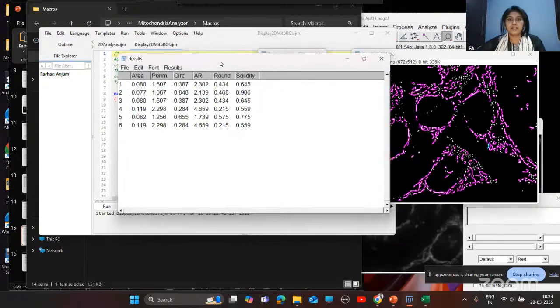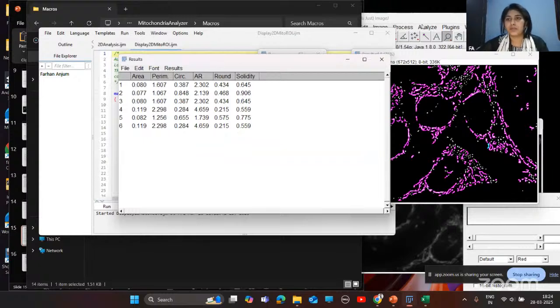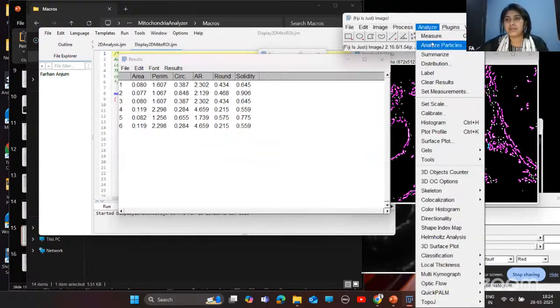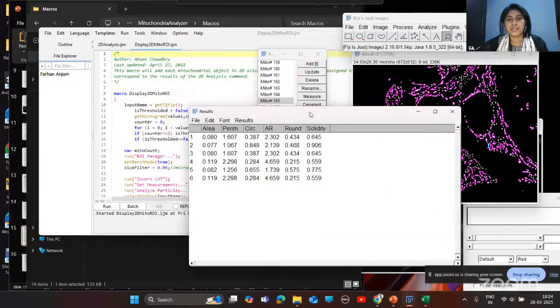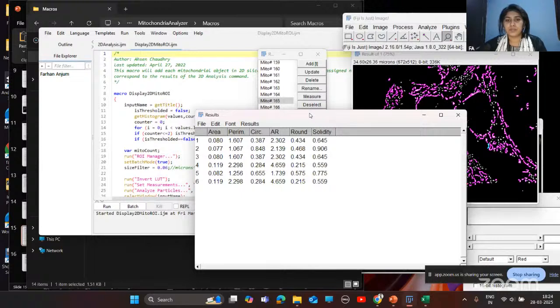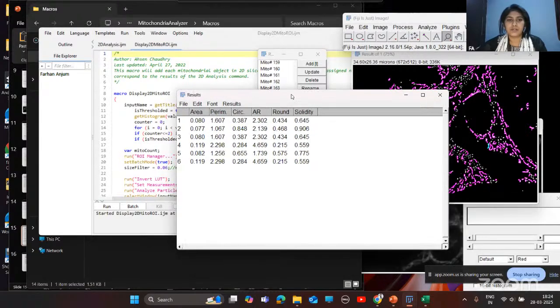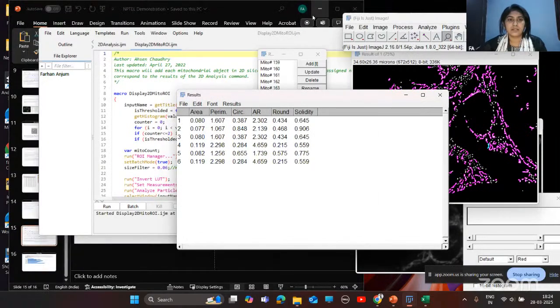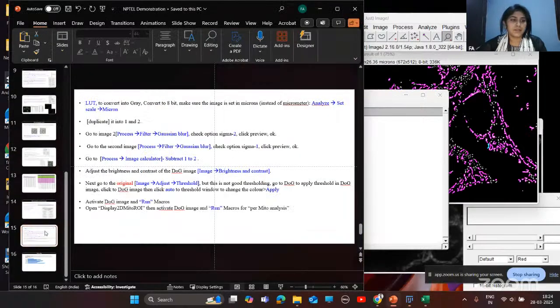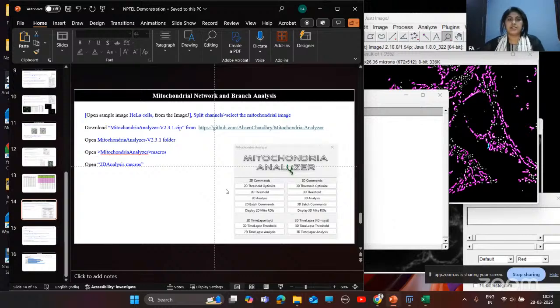You can go to analyze and set measurements, and based on those parameters, you can quantify these values. So this one is for mitochondrial branch analysis and mitochondrial filaments analysis.